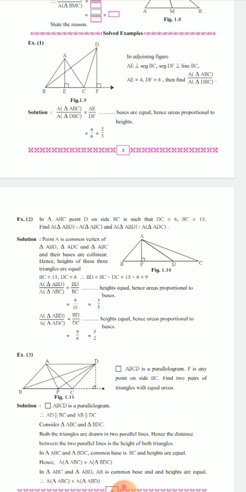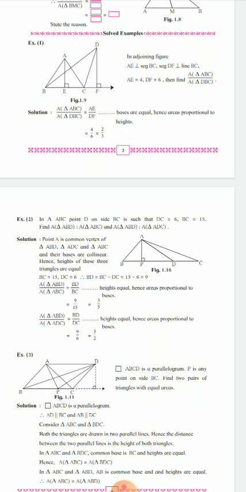In this case, if you read the problem carefully and observe the diagram, we have to consider the area of triangle ABD in both questions. In the first question, we have to find the ratio of ABD to ABC. Then in the second, you have to find the ratio of the area of triangle ABD to ADC. So here also we can say that the point A is the common vertex or apex point in this case.